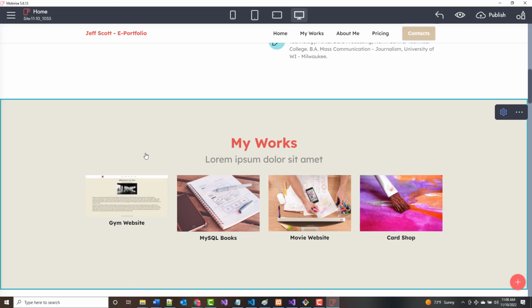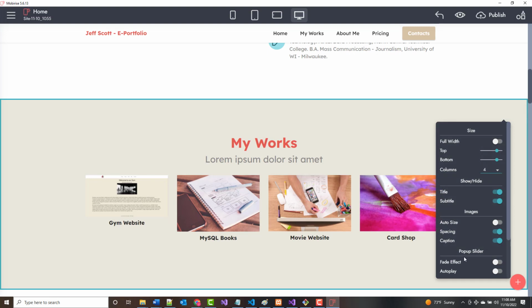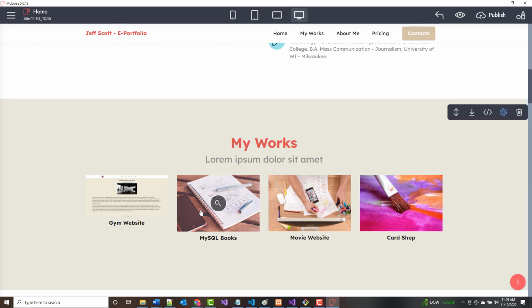The color isn't real good, but maybe I can change this background color here. It looks like when I choose one of their themes, I can't change the color on this. That isn't good, but it'll work. All right, this movie website,